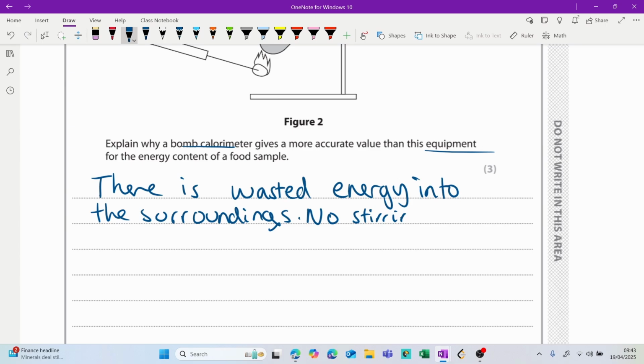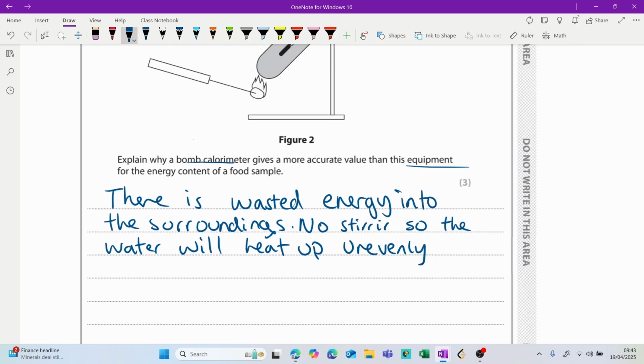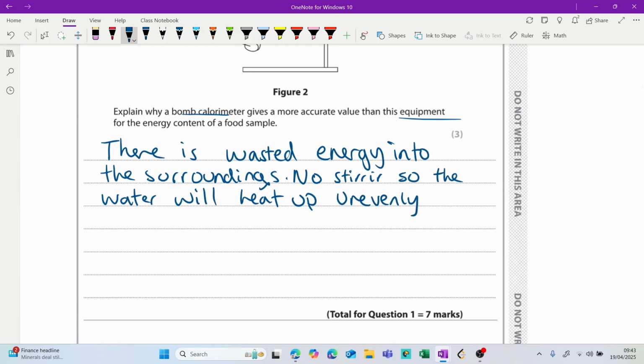I don't know how to spell stirrer. So the water will heat up unevenly. And maybe no insulation. So heat will be lost